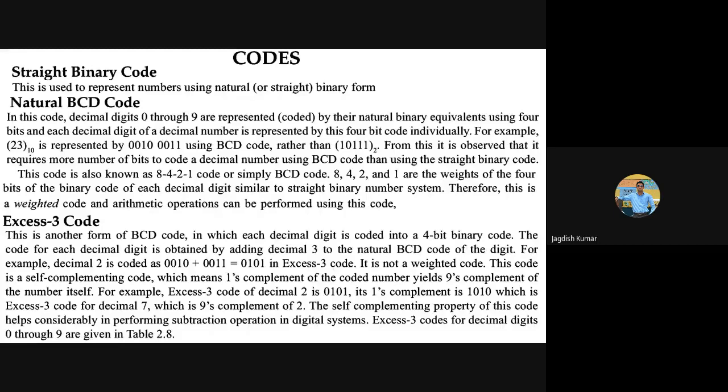Now, how to get the number back is, you have 1001. Out of this, we have to subtract 0011 in binary form. So what is this equal to? 1 minus 1, 0.